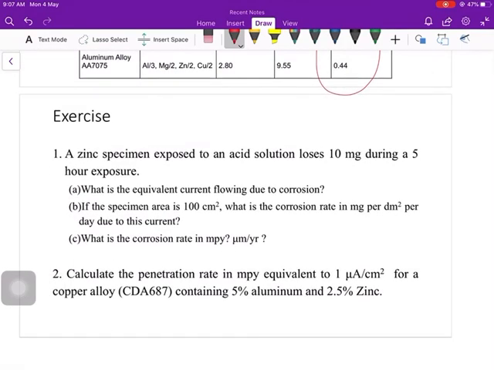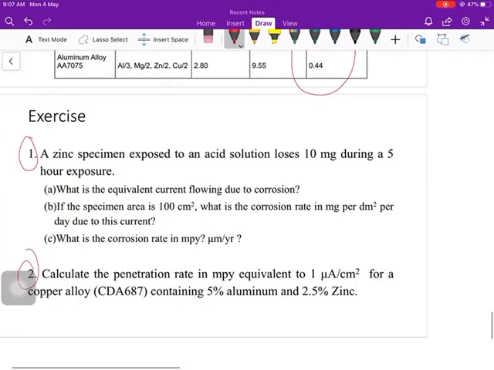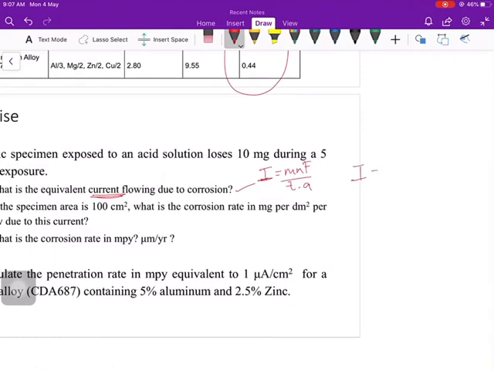Now we come to the last part, which is the exercise for the kinetics of corrosion. There are 2 questions here, 1 and 2. Try to solve them first. Based on each question, I can give you a hint on how to calculate each section. For example, in A, you should use the first formula, involving the Faraday equation, to get the current. Current is capital letter I in ampere.